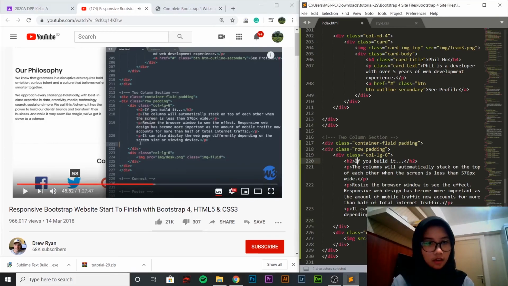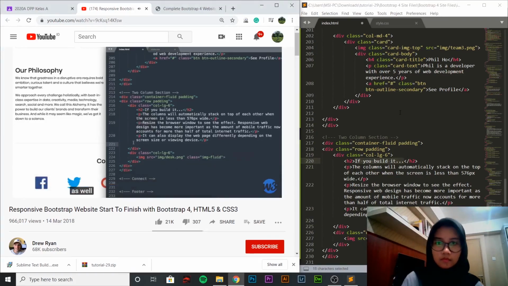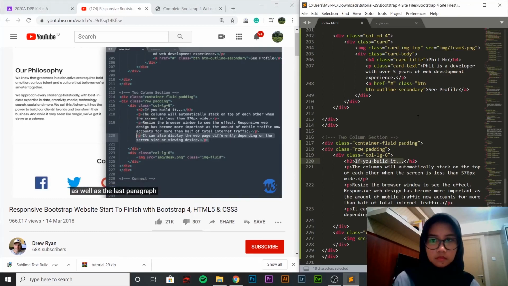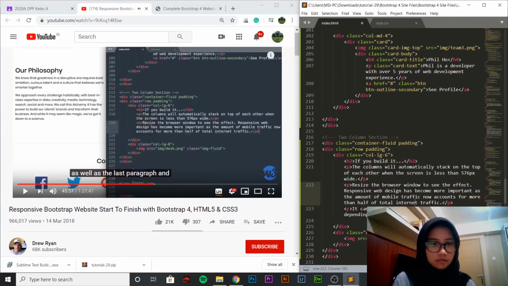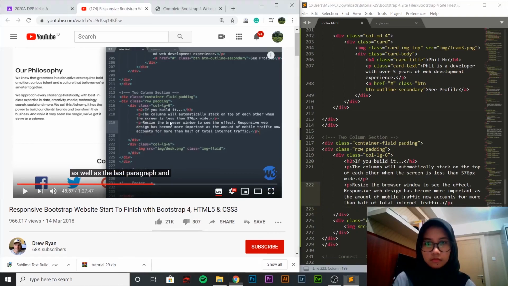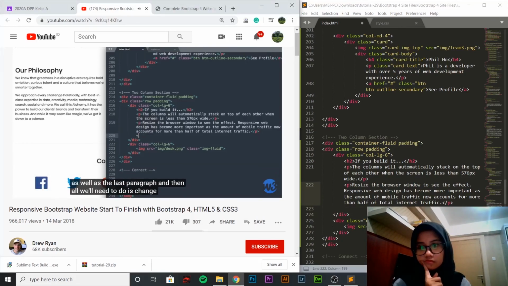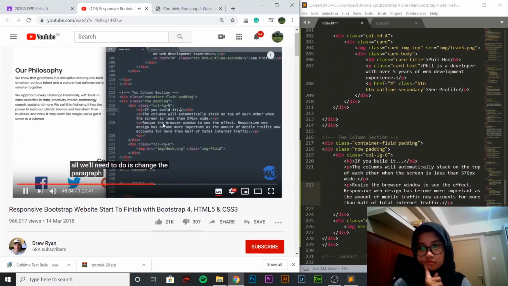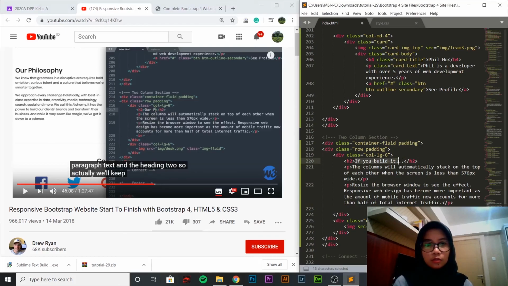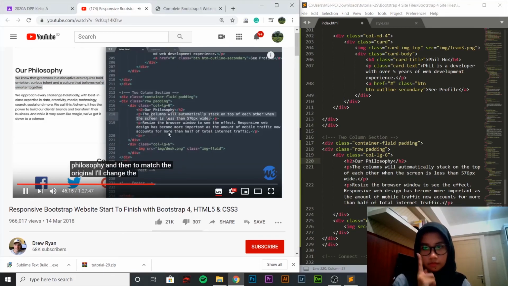Jadi ini nih, our philosophy gitu kan? As well as the last paragraph, and then all we'll need to do is change the text, paragraph text and the heading too. So actually we'll keep heading, tapi kita ganti jadi our philosophy, that break and match the original. I'll change the